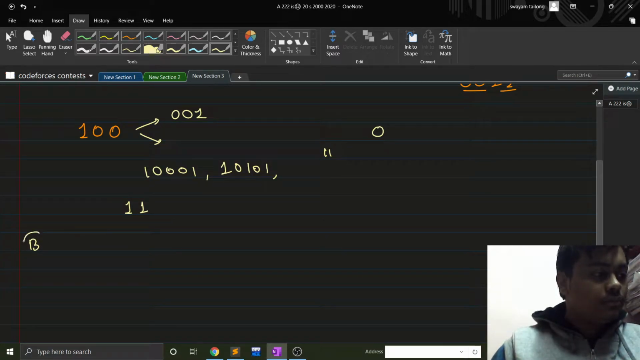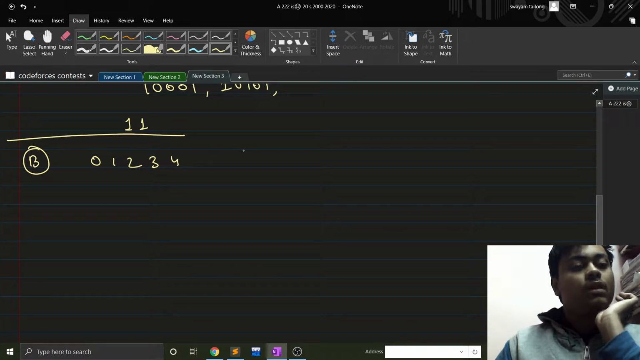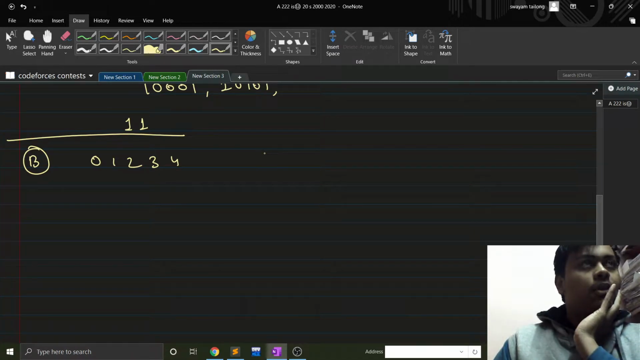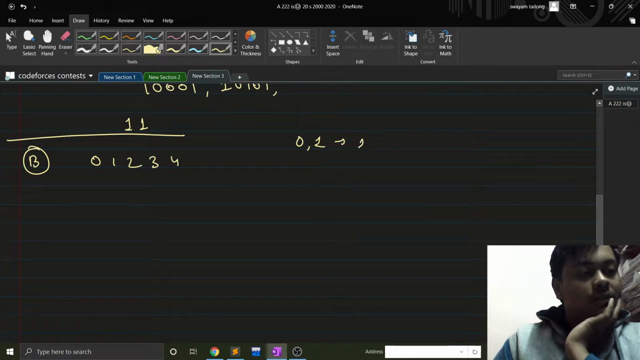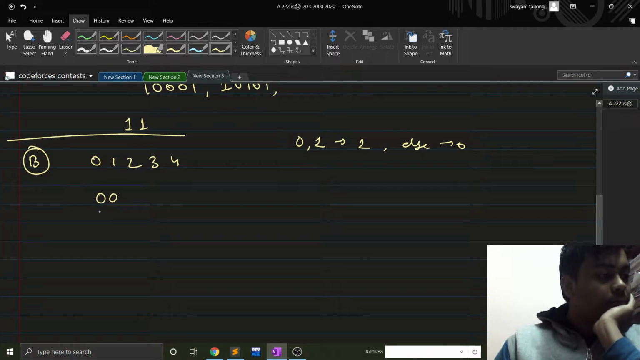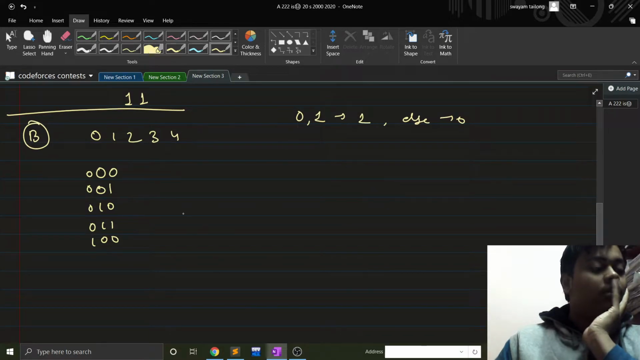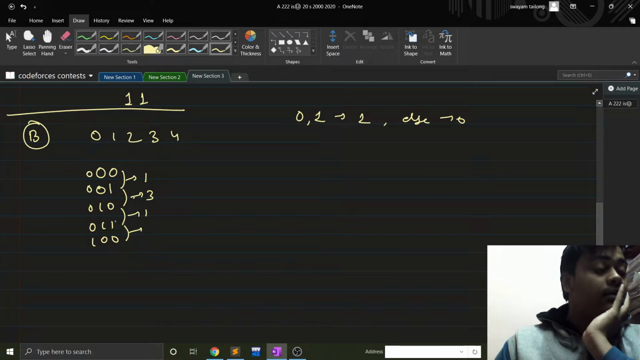Problem B. If I have some numbers 0, 1, 2, 3, 4, XOR, right? XOR is like, if I have 0 and 1, its XOR is 1, else the XOR is 0. Fine. So these are the numbers, right? If I go on taking the XOR, these have XOR 1, these have XOR 3, these have XOR 1, and these two will have XOR